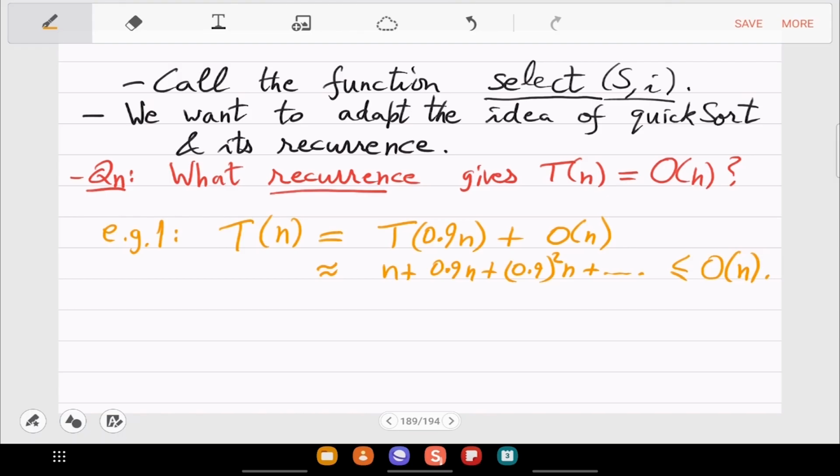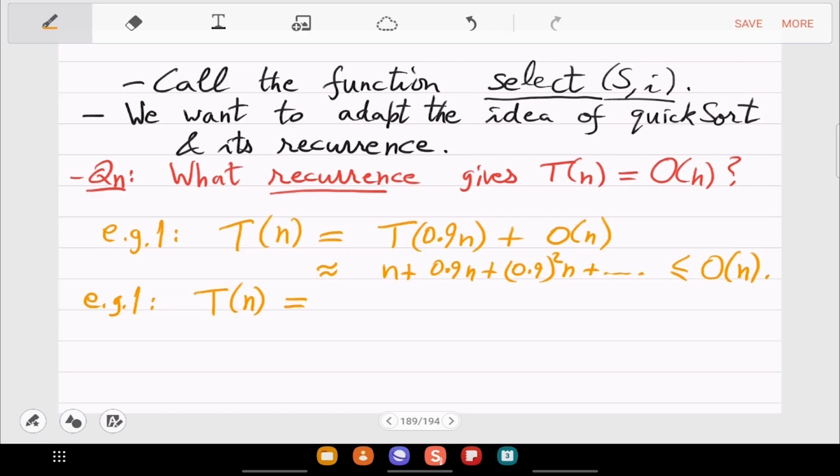But that seems difficult for median finding, right? Even if you reduce to 90%, there is still 10% remaining. So you have to find the median on both parts to have any chance of computing the median exactly. So you cannot rely on just one answer. You need an answer on both parts. So what are the examples of such recurrences? That's the harder thing to guess.